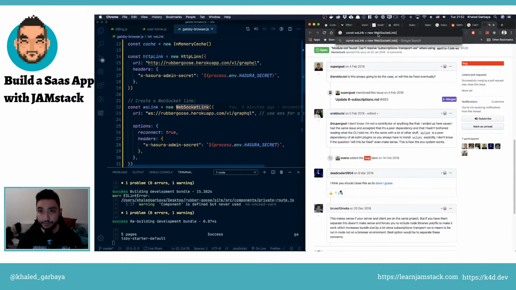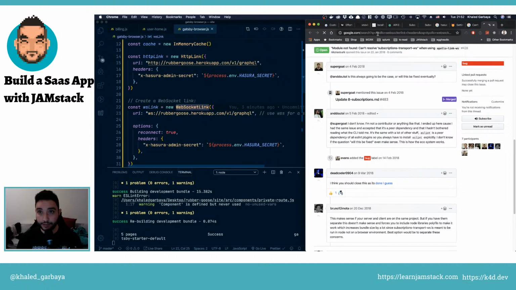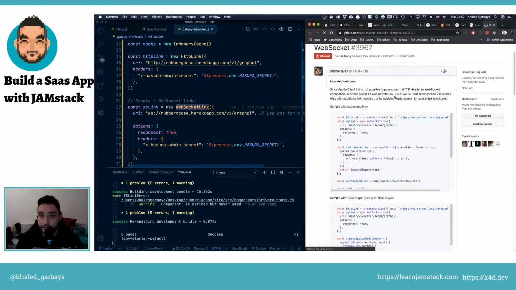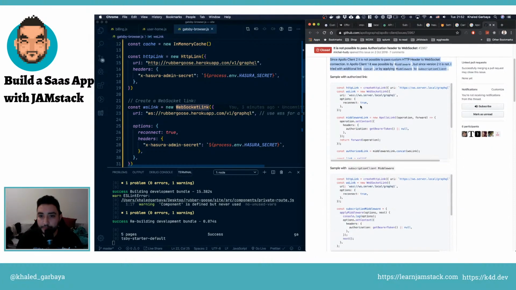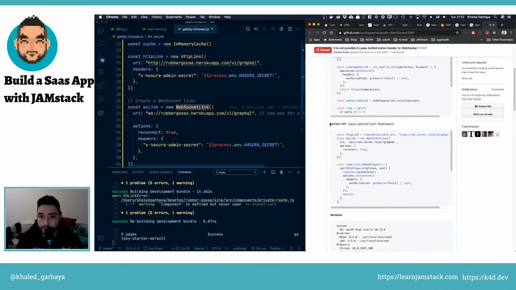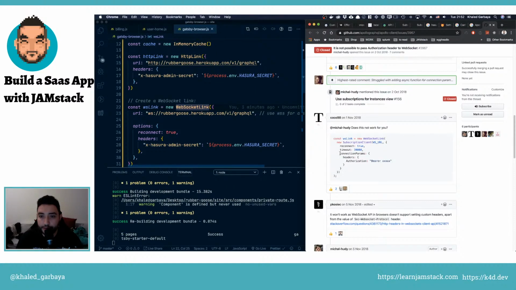So we do Apollo WebSocket link headers. How to change? Okay, let's see. Since it's not possible to access HTTP headers, blah blah blah. Reconnect. Sample of the subscription client middleware version. Connection params. So reconnect. We have